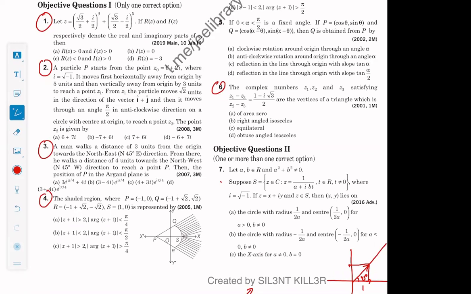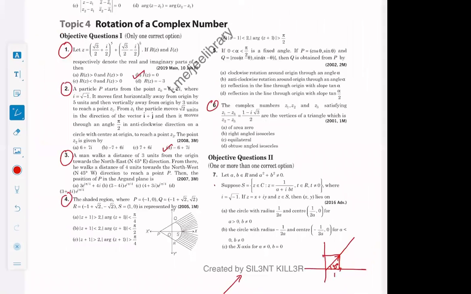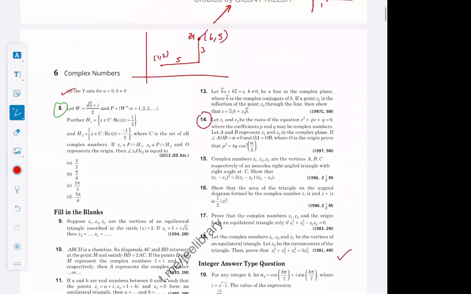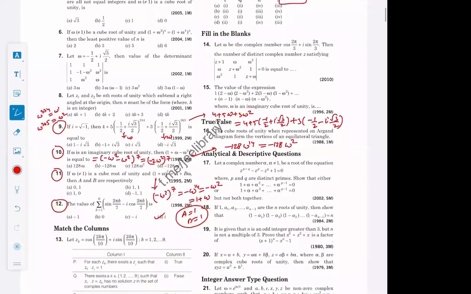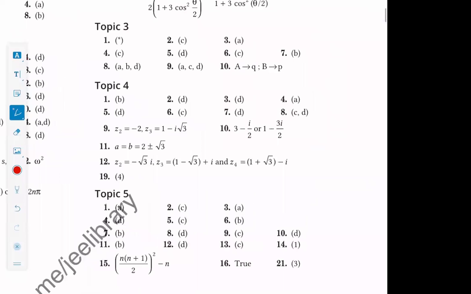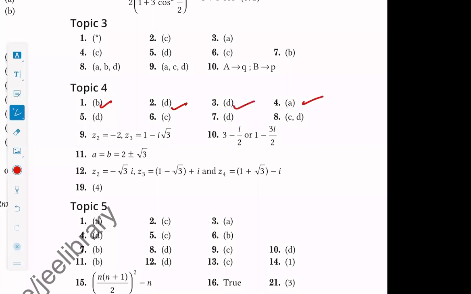First answer B option, second answer D option, third one 3 plus. ये क्या टॉपिक 4, टॉपिक 4, 1 2 3 4. B D D A, B D D A, सिक्स का C है।